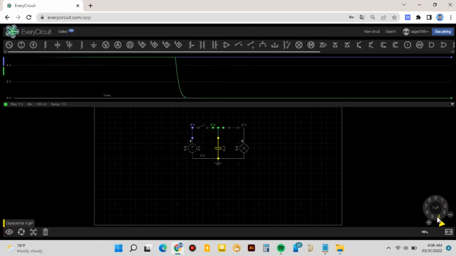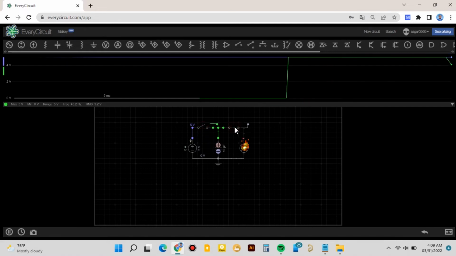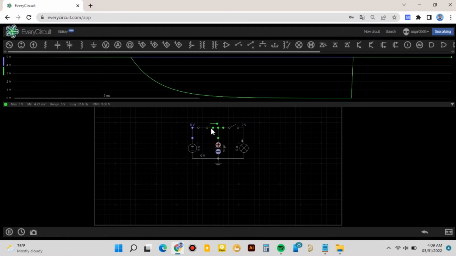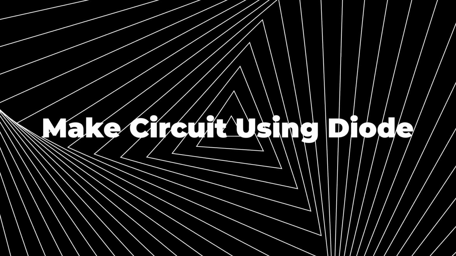Let's increase it for the timing. Make it 10 microfarad, and when I click, it gets charged, and when I click, it gets discharged for a long time because of the capacitance. If you increase the capacitance, the delay time will increase. Capacitor done. Okay, now it's time to make a circuit using a diode,